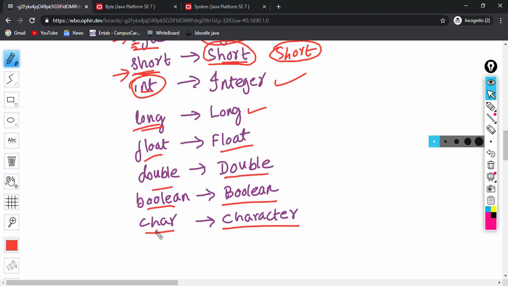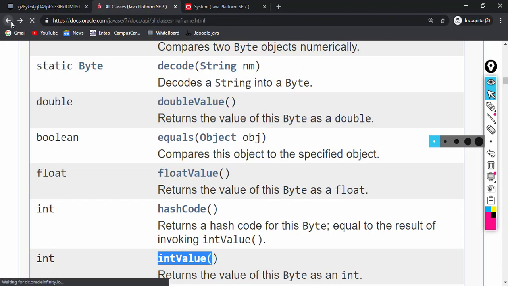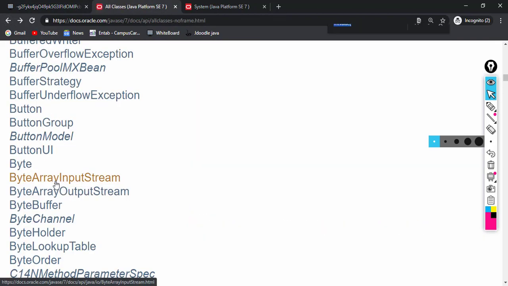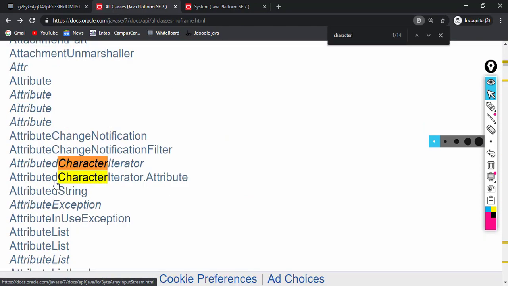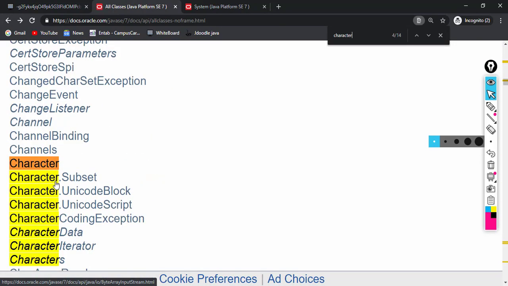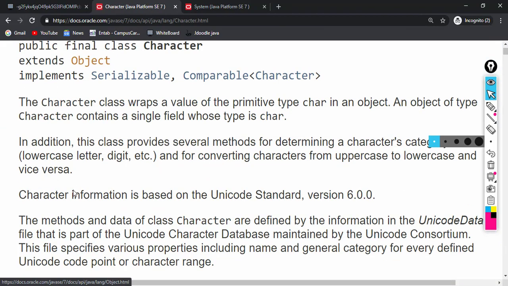So let's look at this Character wrapper class.